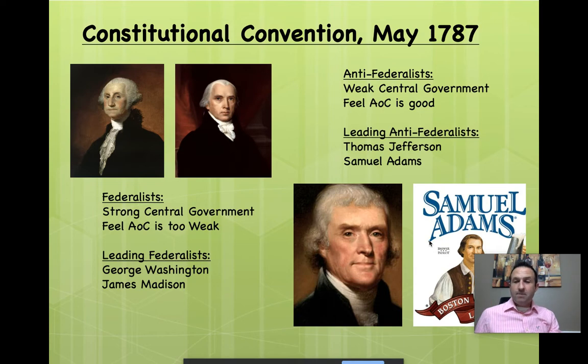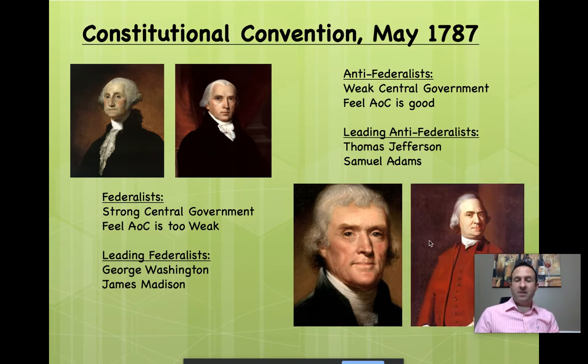Fun fact, the picture you see there on the Samuel Adams label for the beer is not Samuel Adams. Yeah, that's very true. The man you see there is actually Paul Revere. Yes, the very famous, the redcoats are coming, the redcoats are coming. Paul Revere. So yes, Samuel Adams beer has the face of Paul Revere. Why? Well, my only guess is this guy does not have the face enough to sell beer.